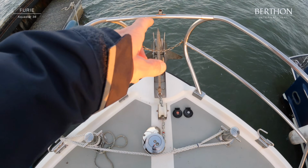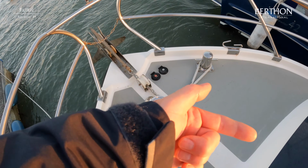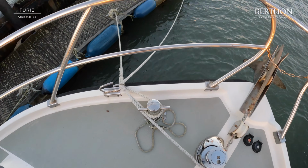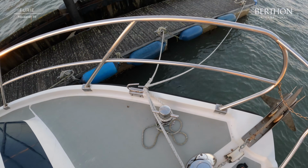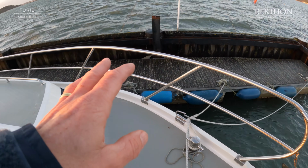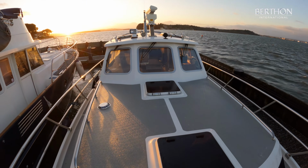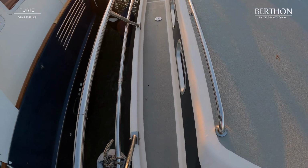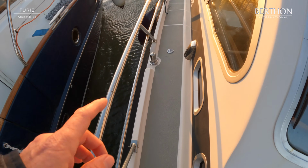Easy to work, self-launching anchor, Maxwell windlass with up down here and remote inside, proper mooring bollards, starboard and port, a nice big proper commercial fair leads through there. So everything is solid. This cage right the way around. Just have a look at the sun just disappearing there over the Purbex. So yeah, real easy walk round side decks, port and starboard, central